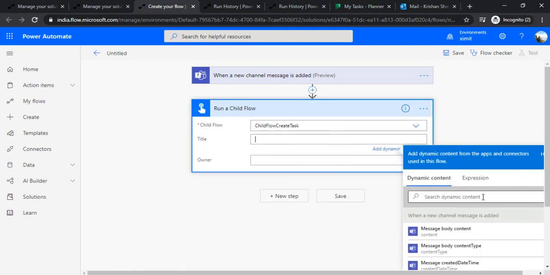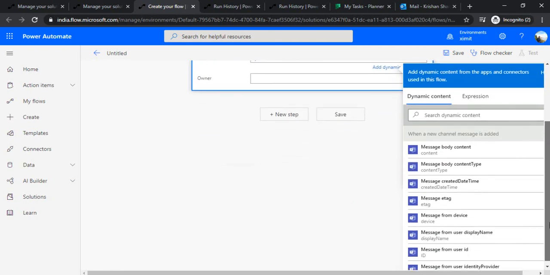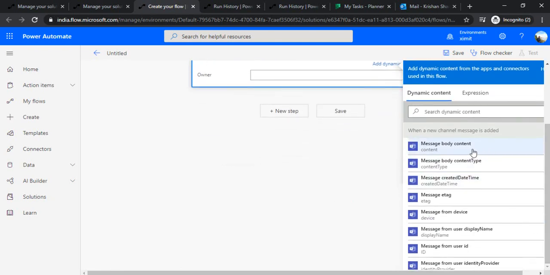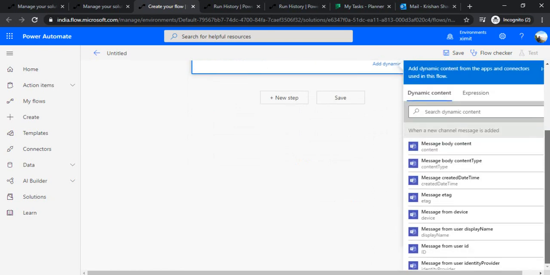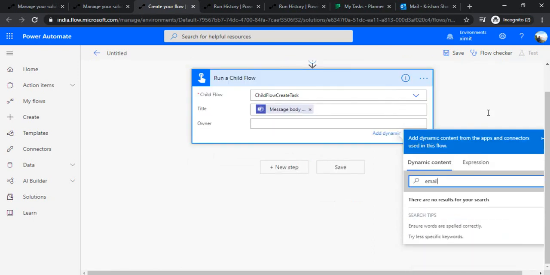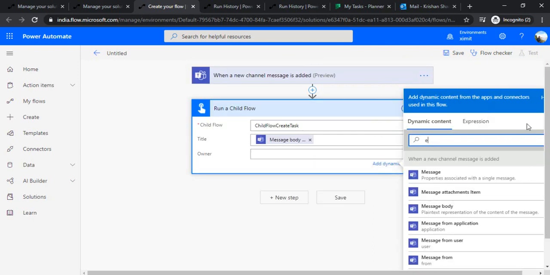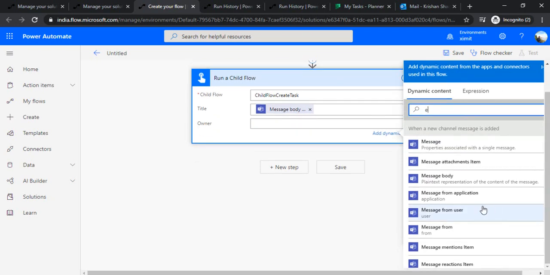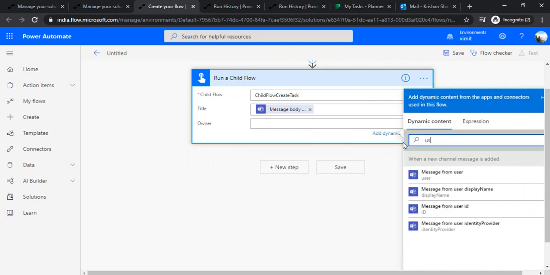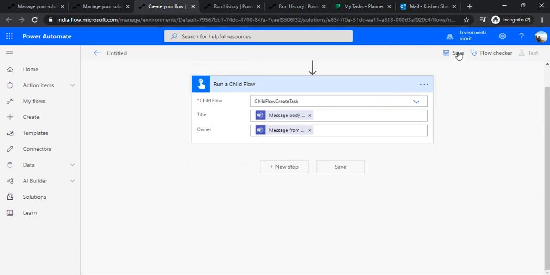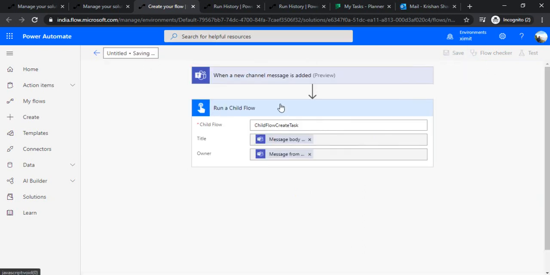For message you can simply say message body content, and owner as message from user, user ID.